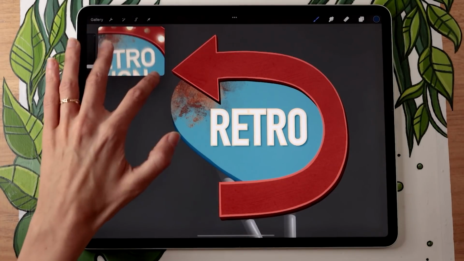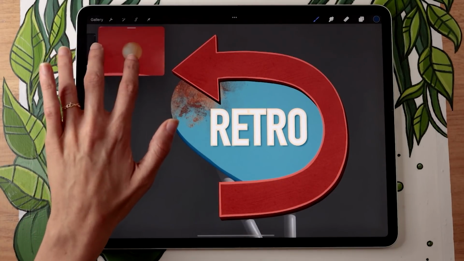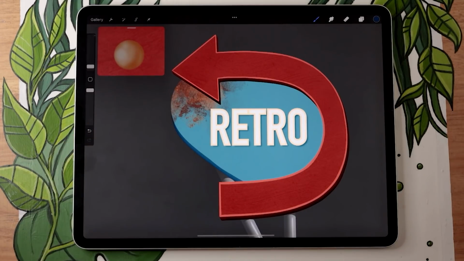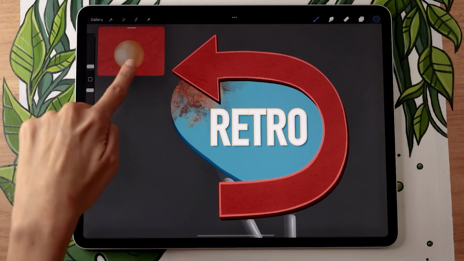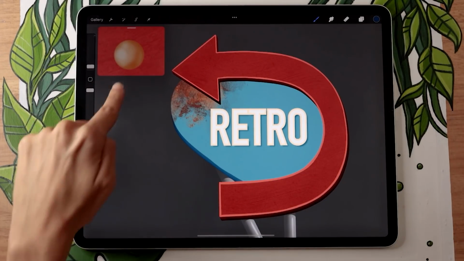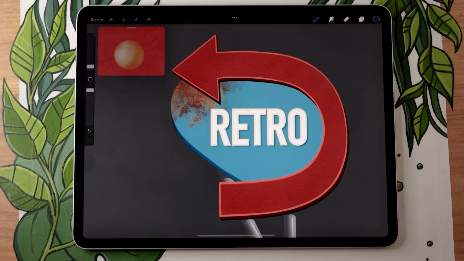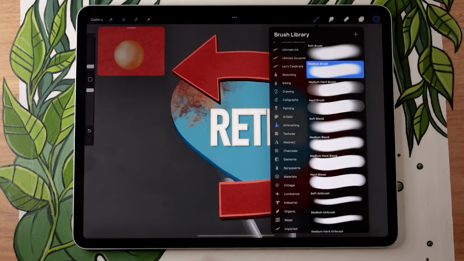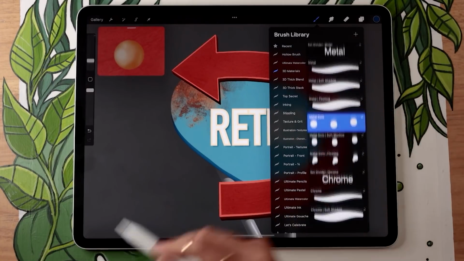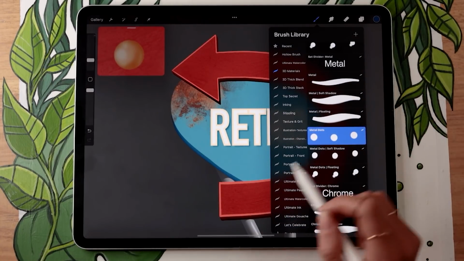Now if I zoom in on my example here, we can see that the light bulbs that are off actually have this kind of sphere effect to them. And this is where the free brush I mentioned earlier comes into play. Of course you could do this step with just a solid circle, so no texture within it. That can totally work, but if you do want to have this brush, again, it is free. I will link it in the description below. And it's also part of my 3D bundle, so if you have the 3D bundle, it is in the 3D material pack, the Metal Dots brush.